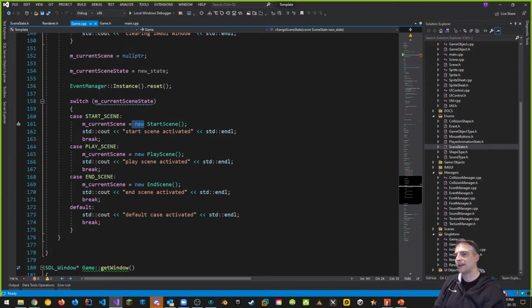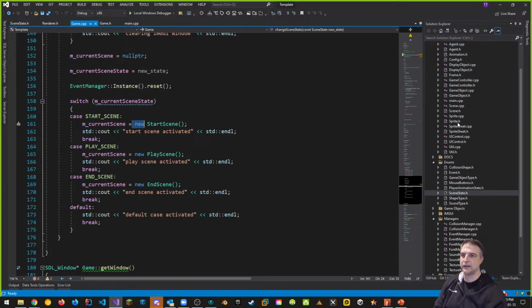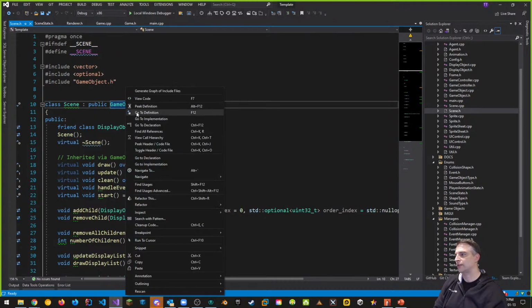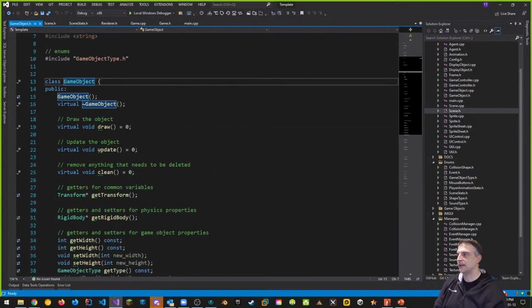Whoa. What is a scene? We said it. A scene extends the GameObject superclass. Where do I find that information? Right here. Here's our scene class. Our scene class extends a public GameObject. GameObject being the, if I go to definition, GameObject is a